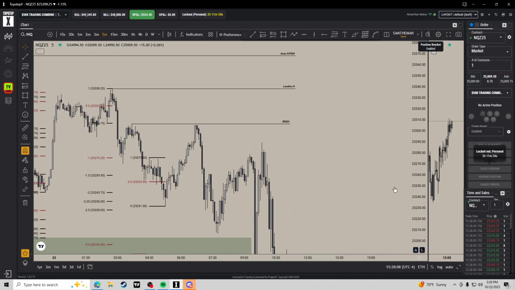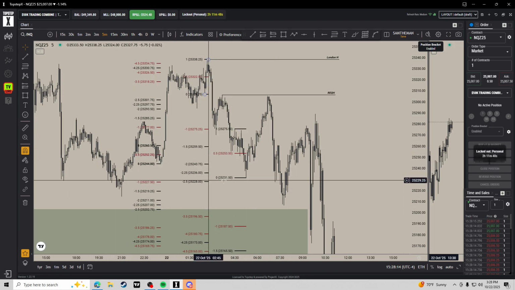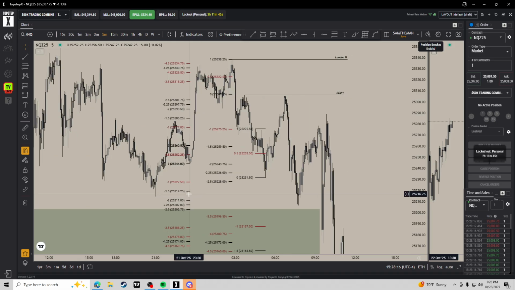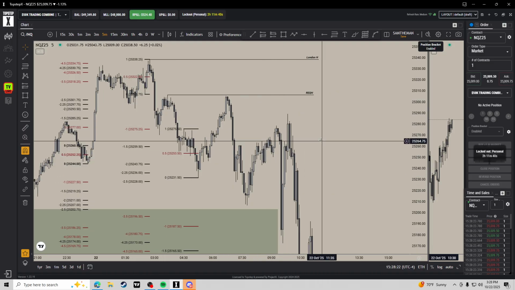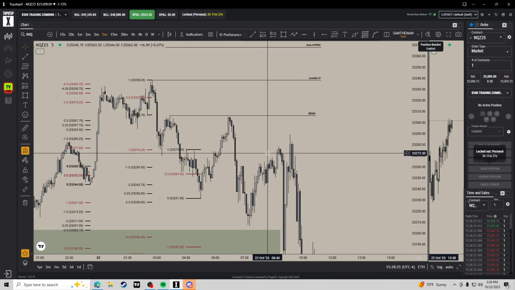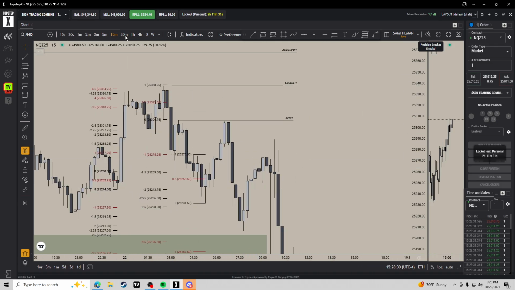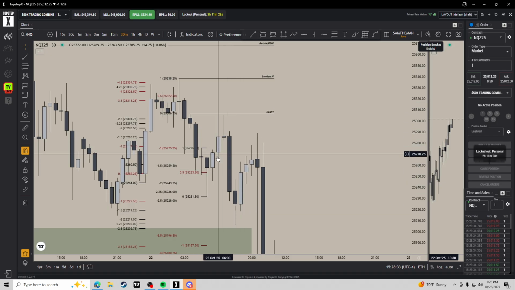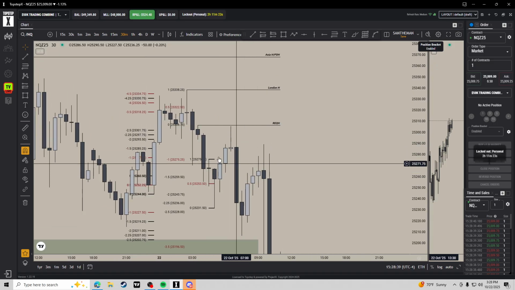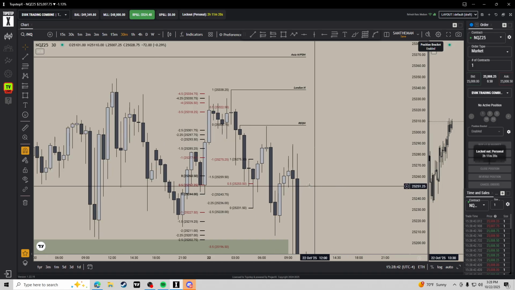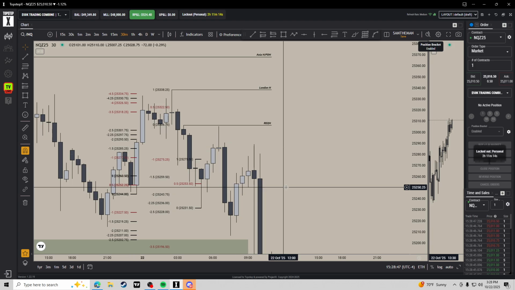And then coming into right here, we ended up doing this. We ended up making an SMT with Asia low, where ES didn't take that out right here. So at market open, I had this SMT marked out as a 1 hour coming up, and I still didn't want to see longs. I just saw this as a retracement, and one of the main things I see is anytime we get a really clean inverse like this, it's the most ideal inverse whenever you see something like this. And this is on the higher time frame. When you see this on the lower time frame, like 1 minute, 2 minute, 5 minute, you want to get an inverse like that. It's a nice V shape.